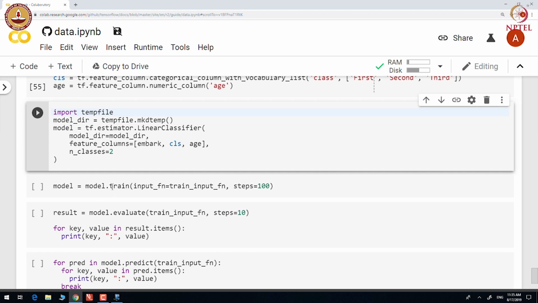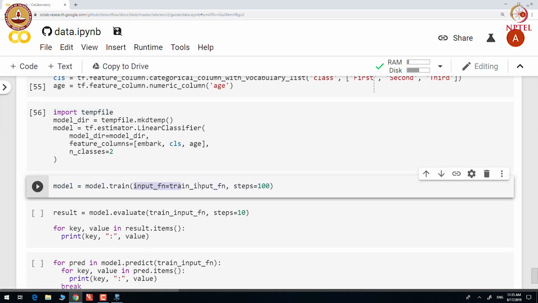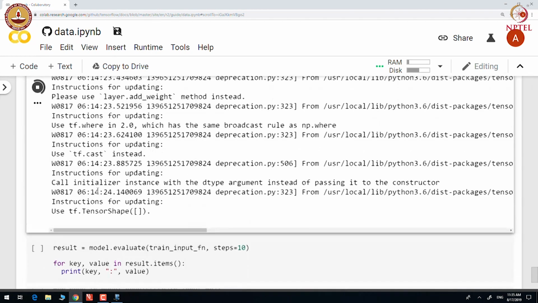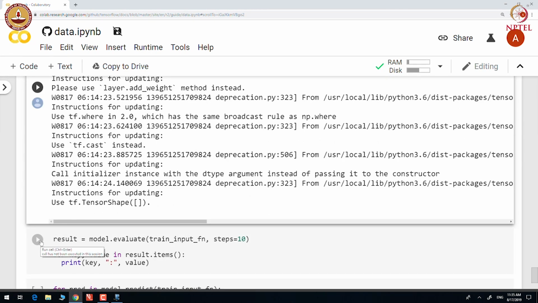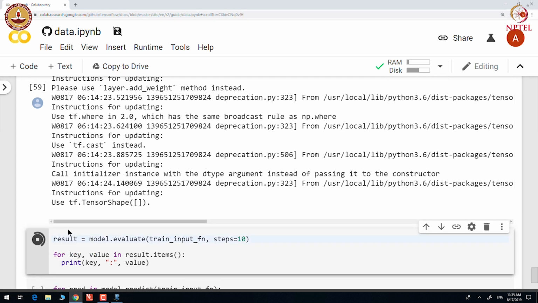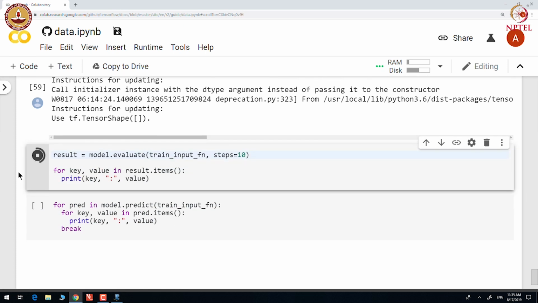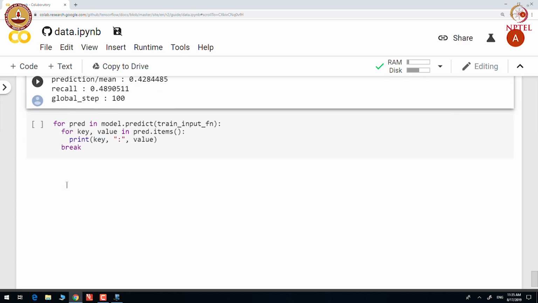And then in the train function of the estimator, we specify the input function. We can also specify the input function in the evaluate function to get the evaluation results.